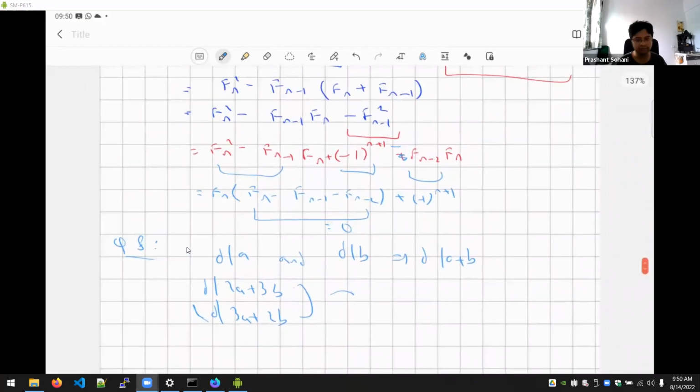As I said, wherever possible, I've written quite detailed comments on each of your answer sheets to indicate what can be improved in terms of writing and things like that. So as I said, pay attention to both things. There are cases where things which should have been written you did not write, and that gives the examiner some ambiguity to understand whether you understood it or not. And there are cases where you unnecessarily wrote too many things which are not required, and that eats up your time. So you could use that time to solve something else. So pay attention to both kinds of mistakes.